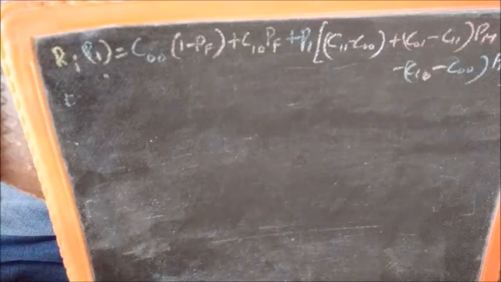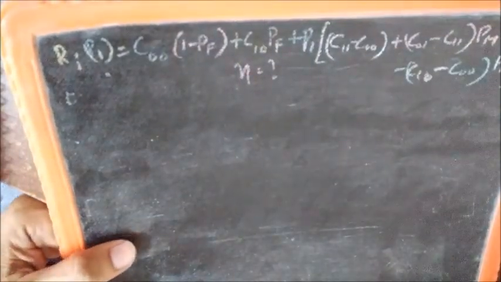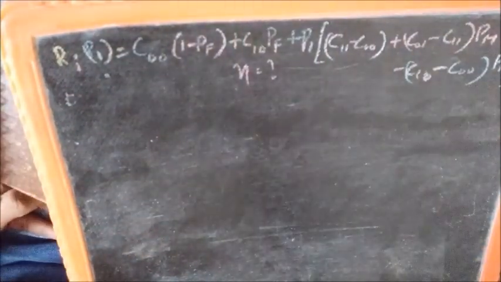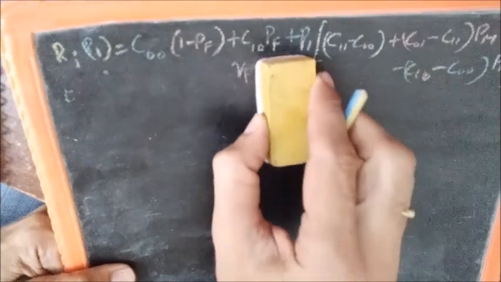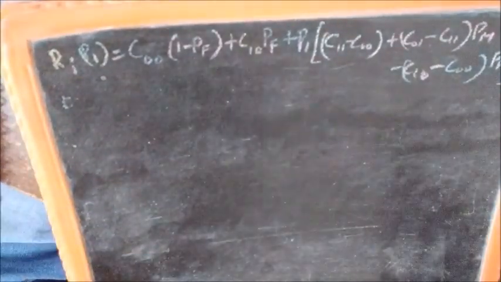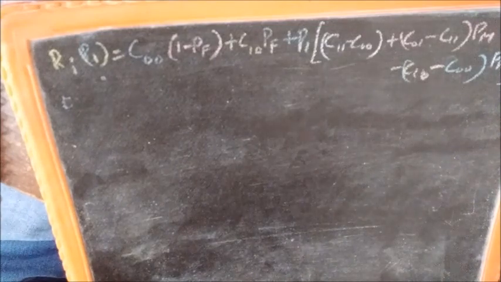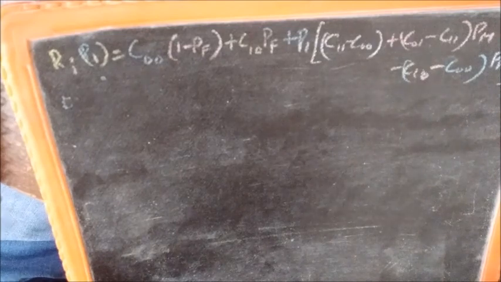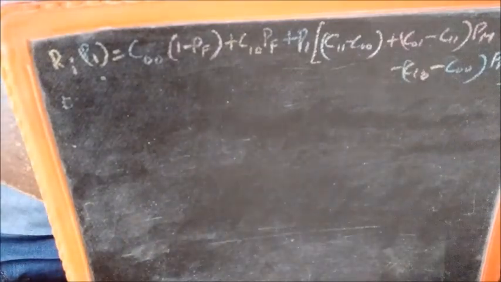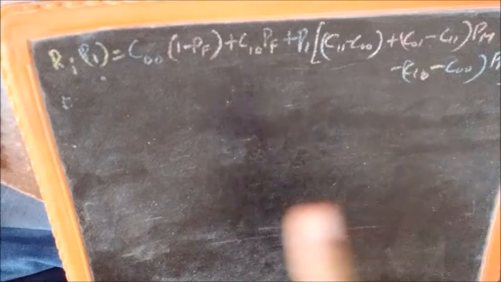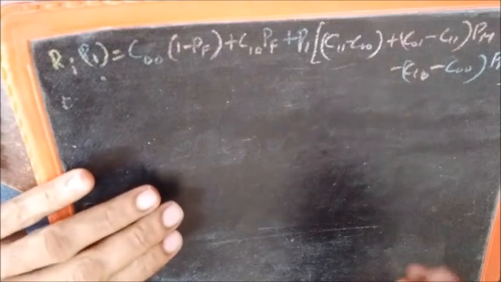Okay, now the question is how to fix eta when P1 or equivalently P0 is not known. That is the question. And we know how to fix eta when P1 and P0 are known, and that is the Bayes criterion. So now we are discussing the minimax criterion, wherein we are trying to find out which is the best possible eta when P1 is not known. Okay, now we will consider two specific cases, and from these two specific cases we will generalize something, and then we will arrive at the decision on how to arrive at eta.